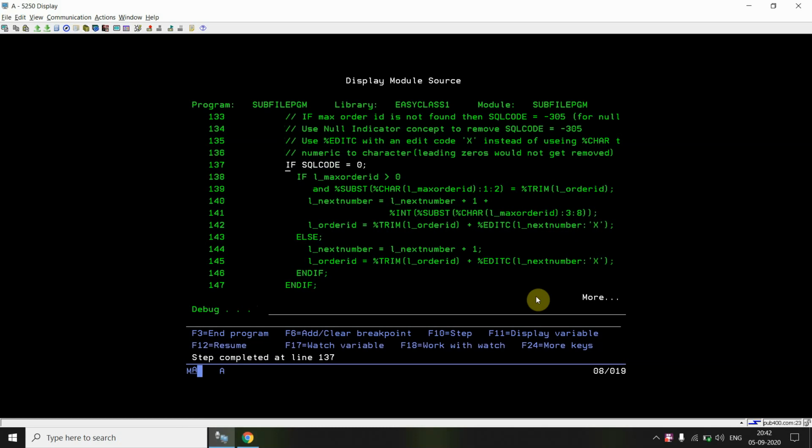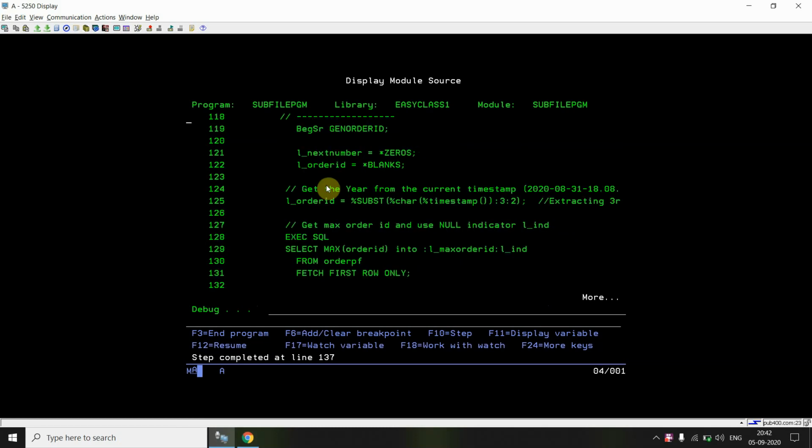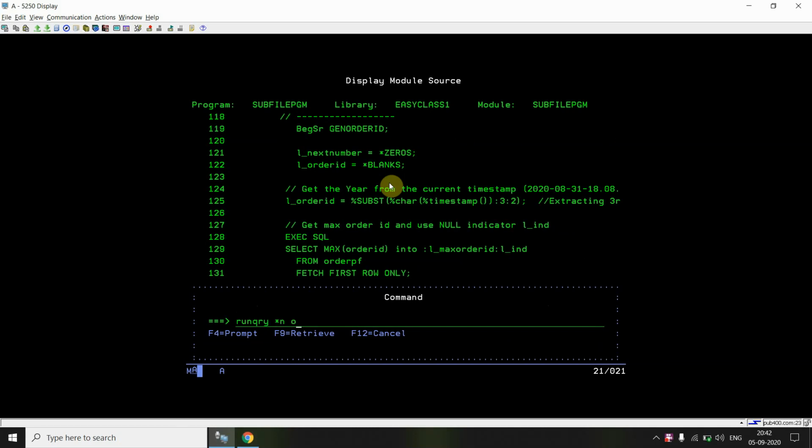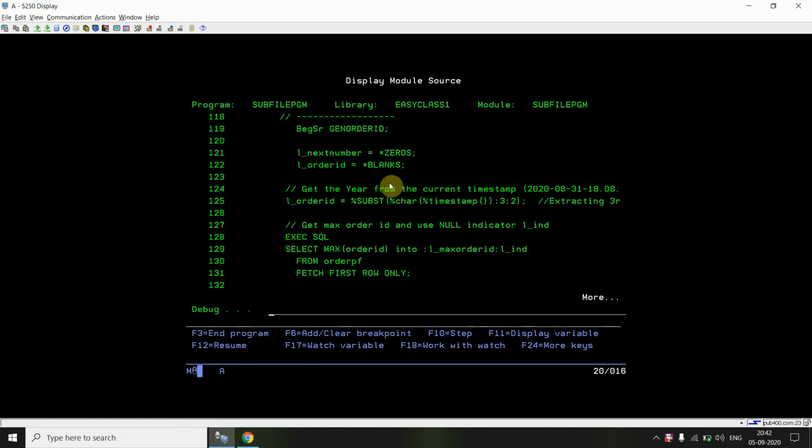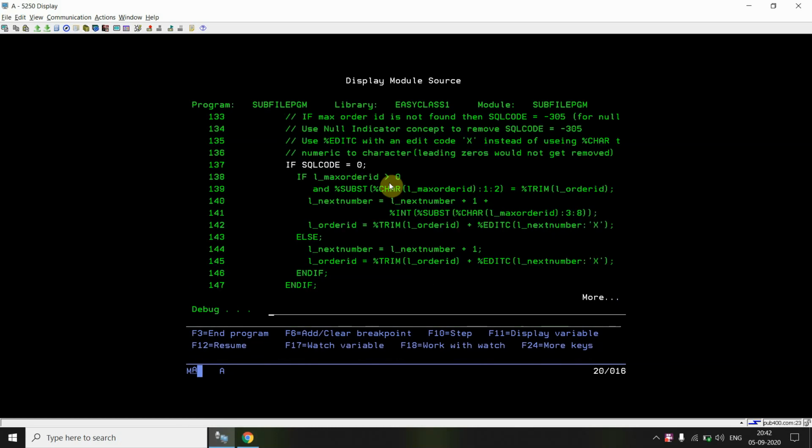Now I'm checking in the file. If I look into the file, run query on order pf, there are no records. So just take F5.